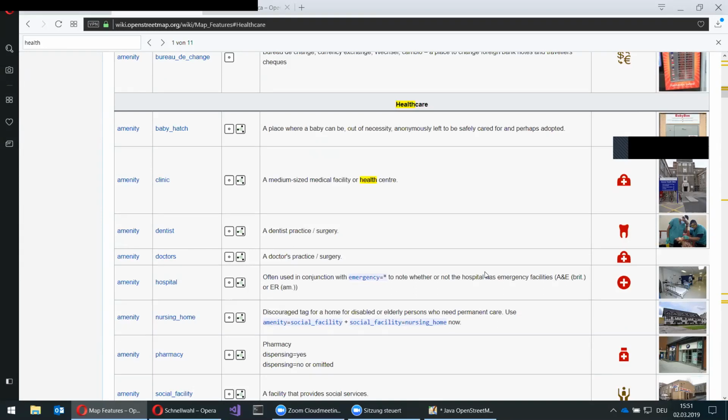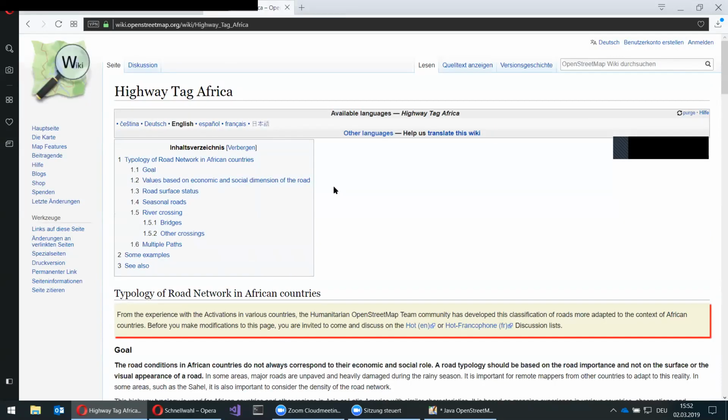There is one point we'd like to point out when we are mapping in a humanitarian context. Most of these, particularly the road classification scheme, are from the viewpoint of highly industrialized countries, and not that much applicable to the countries where we usually do humanitarian mapping. And that is why some members of the Humanitarian OpenStreetMap Team put together a separate guide here. That's Highway Tag Africa. It's not only applicable to Africa, but certainly in many other parts in South America or Asia as well,